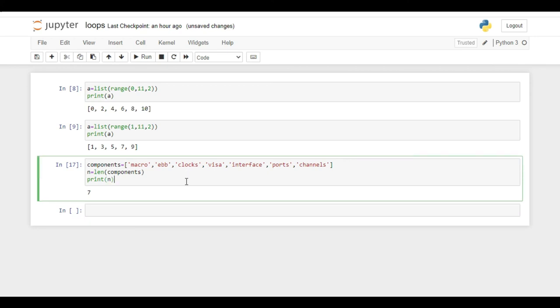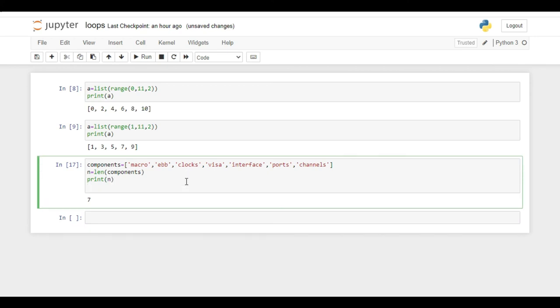Now, let us say we want to iterate over the list. We will use a for loop in this case. Hence, we will write for I in range. In the range function, the index of every element will start from 0 and the last element we know is n.